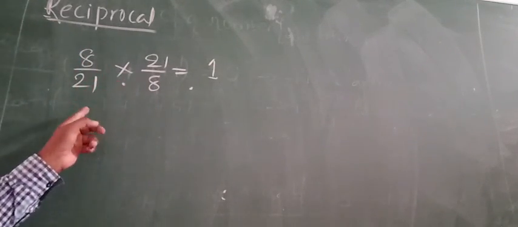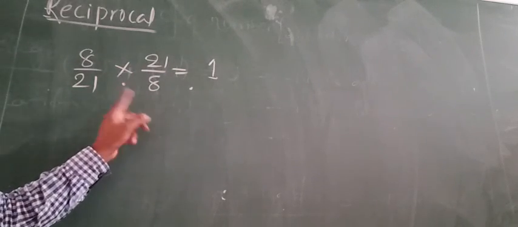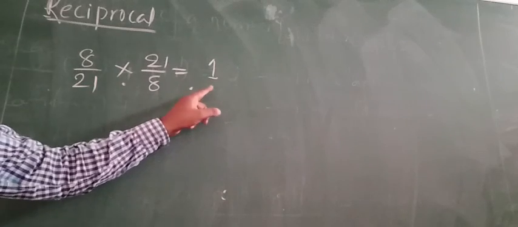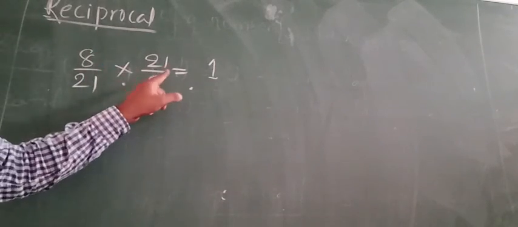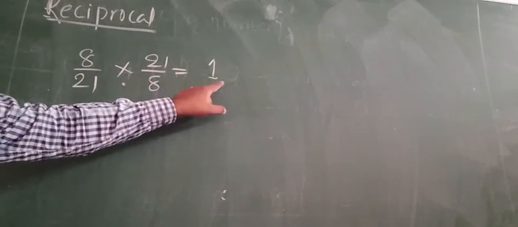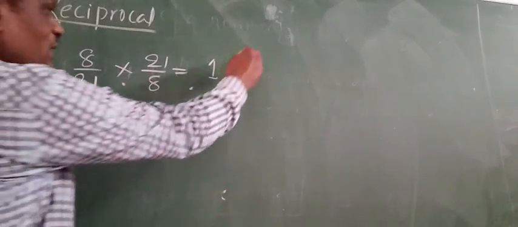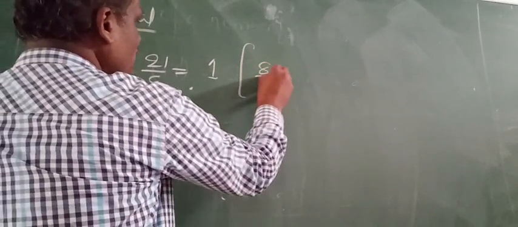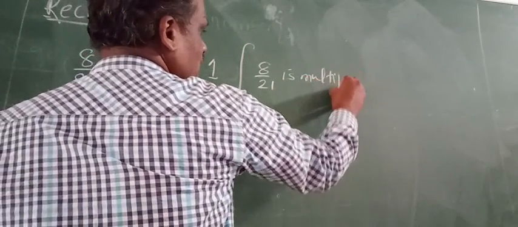In the same way, if I multiply here, then I should get the multiplicative identity. One is called the multiplicative identity. See, if these two numbers are multiplied and the product you get is 1, then they are called multiplicative inverse to each other. So therefore I can write here, 8 by 21 is the multiplicative inverse